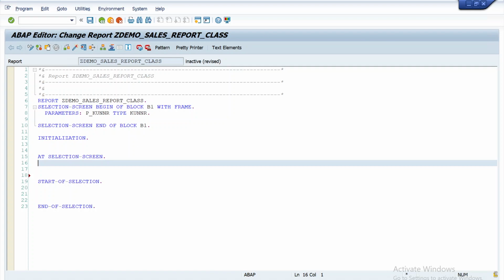Now we need to write a select statement on KNA1. What kind of select statement do we need to write? Select single, as we are having only a single value. Do we need to use star or an individual field? Individual field. We are not selecting any data, we just need to validate whether this customer is available in the master data table or not. Select KUNNR from KNA1